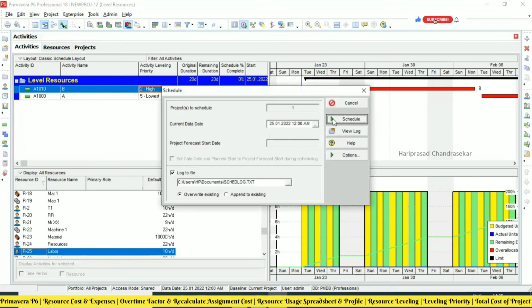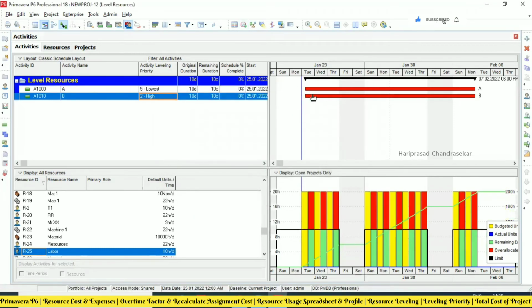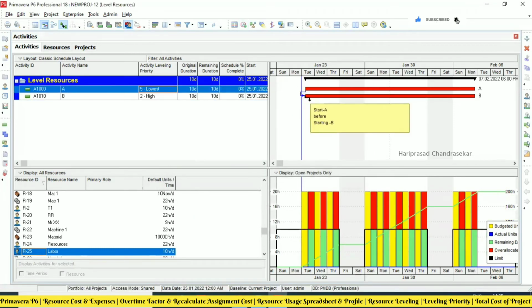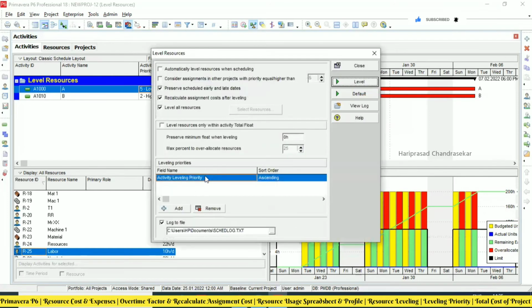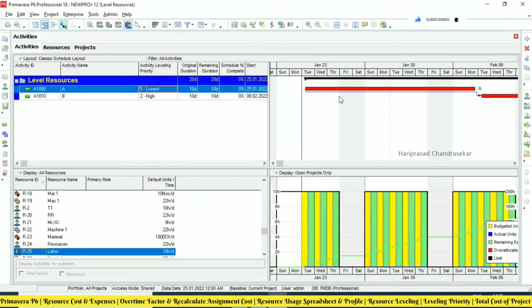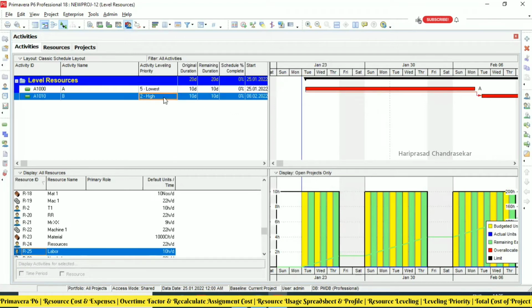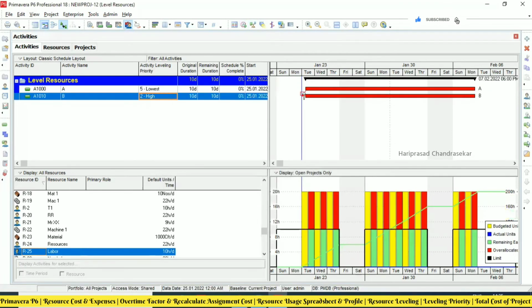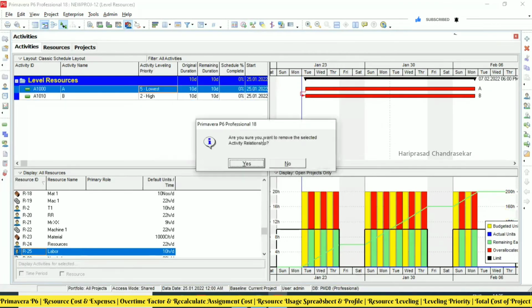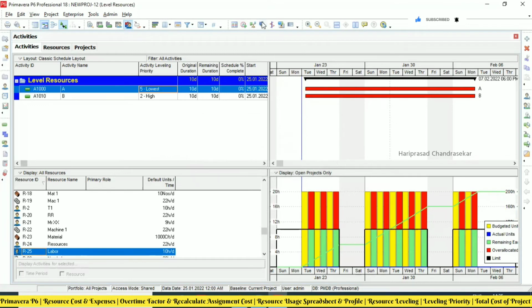Okay. Actually, this is what it is. When we have a relationship, when we are leveling based on the priority level, because of the relationship, it can't do that. In spite of having high, it is going to happen second. But when we delete the relationship, that leveling priority is only applicable in those cases. Okay, now you can level.